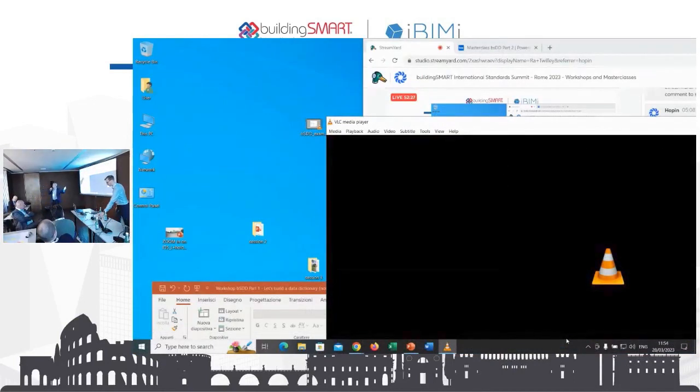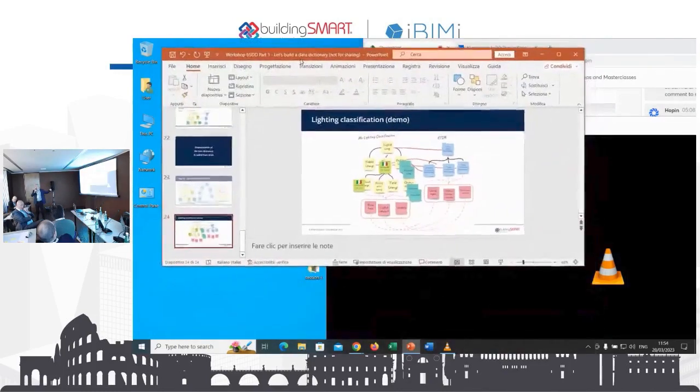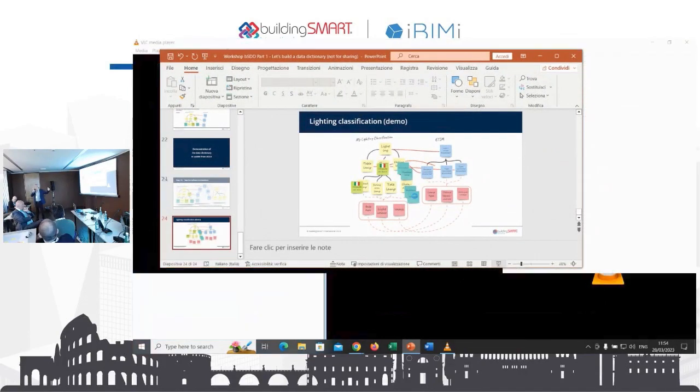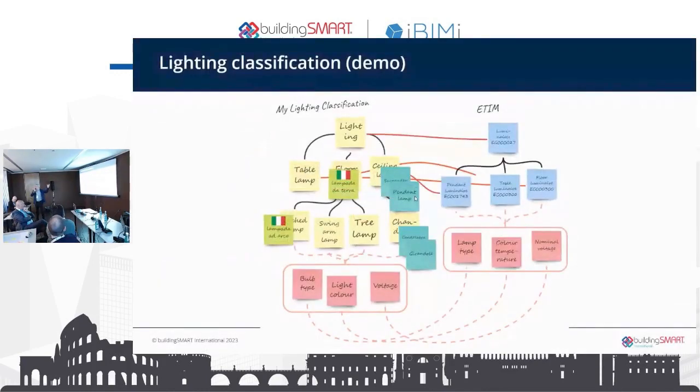I just want to tell you that the ASBIM bSDD editor is free, so you can use it free forever. You just need to register to our platform, while the bSDD modeler is pay per use, but you have 3 months for free. So you just register and activate your license, and you can use it with all the bSDD classifications in the production environment, also in the test environment. So you can create your own classification, and you can use it directly in the platform, and you can update the IFC file directly here. You don't need to use any other tools. I try to be quick but clear.